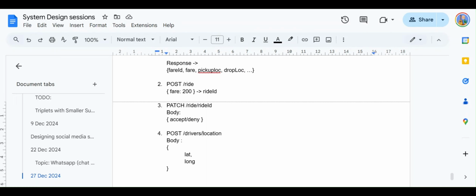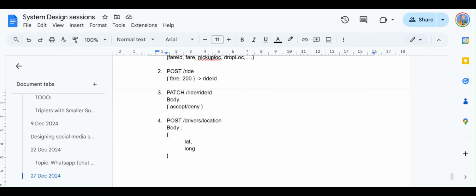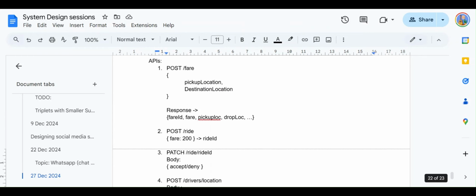So Tarun, the idea is that a general principle in system design is that you cannot trust anything coming from the client side. You cannot trust the raw data coming from the client side, basically all these IDs, and you should not trust that. So essentially, even for the fare part, let's say a user is booking a ride and if we allow him to put a fare directly over here, then he can put in any fare, right? It's data coming from the client side, so he can just pass it in.